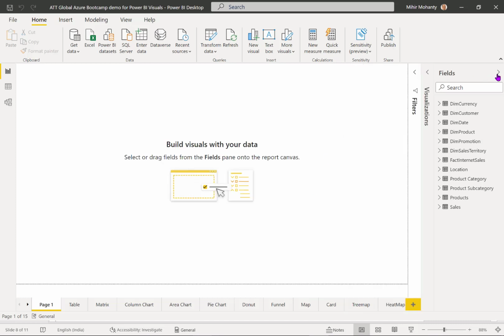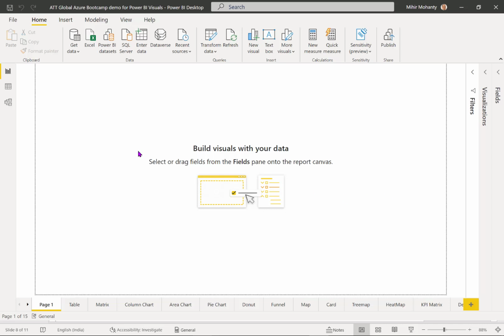You can see if I collapse all the tabs, how the screen looks, and this is the home tab. The first important thing we are going to look into is how to load data into Power BI, because without data, any of the tasks you wish to perform may not be possible.